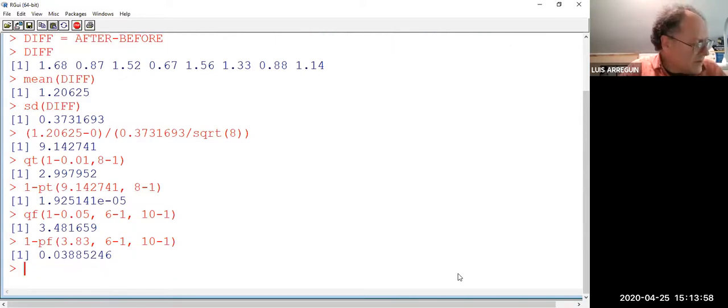So my p-value is going to be 0.03885. So now I have two values to make a decision, and with those values I should get